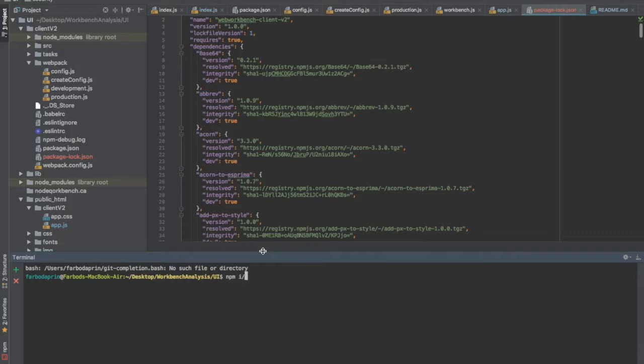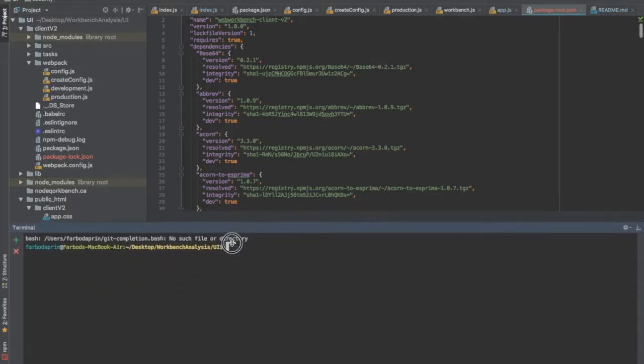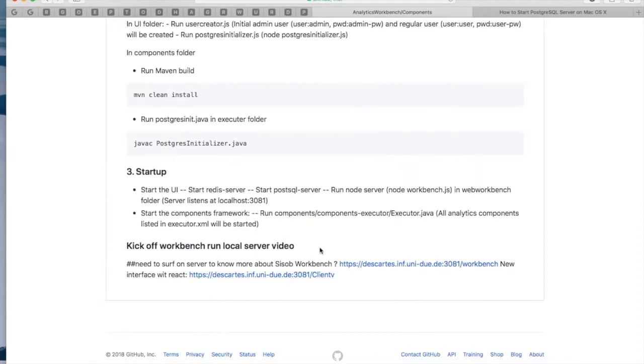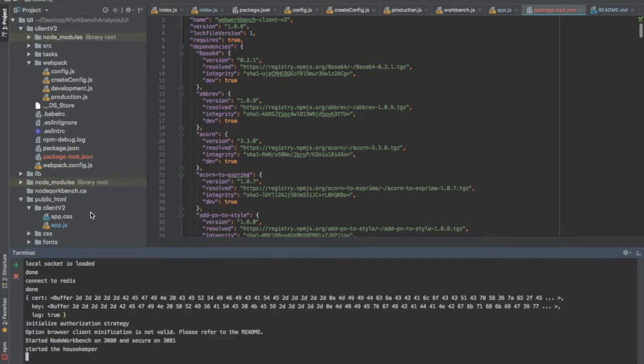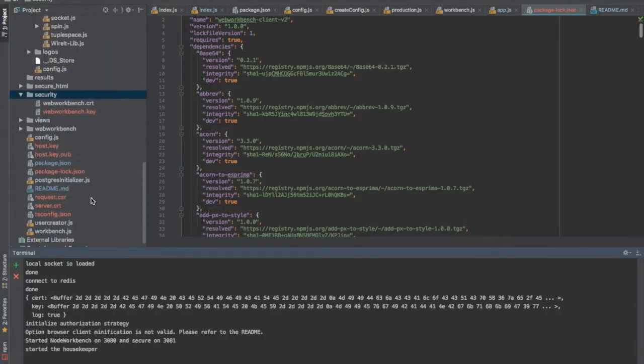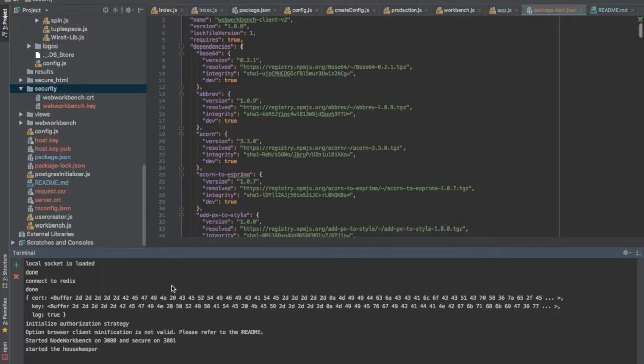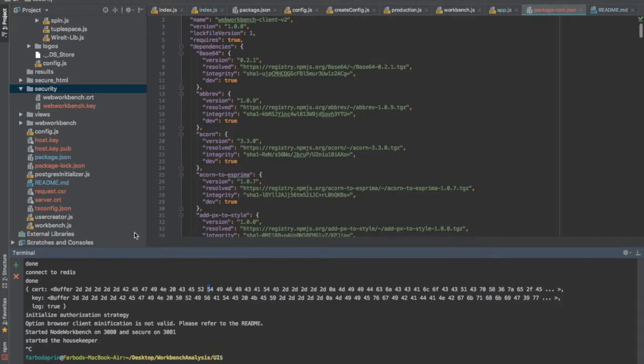But as I said, I already did these settings, and we just go forward, and then we need to run a local server. We need this command. Also, it would be better if you do it with your IDE. It's the same. Let's try. I will kill this task and run it from the IDE,